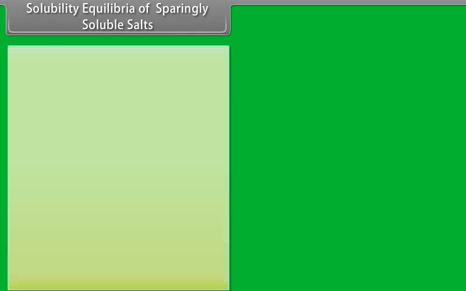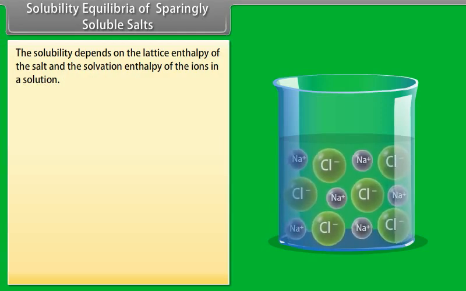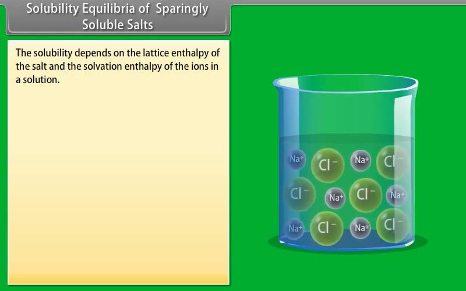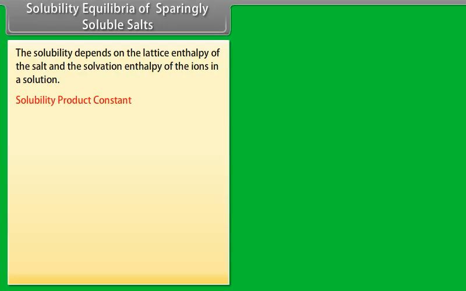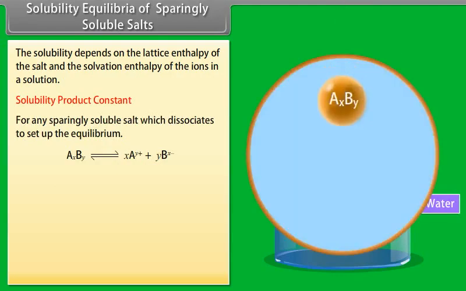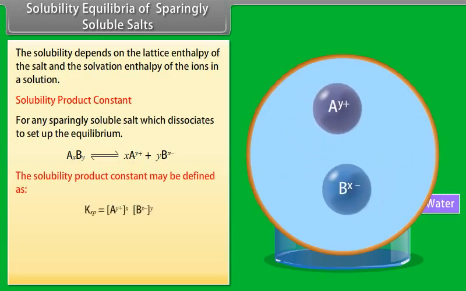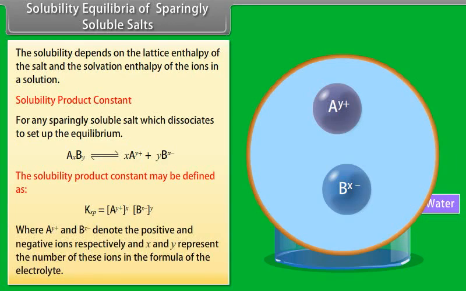Solubility equilibria of sparingly soluble salts. The solubility depends on the lattice enthalpy of the salt and the solvation enthalpy of the ions in a solution. Solubility product constant. For any sparingly soluble salt which dissociates to set up the equilibrium, the solubility product constant may be defined as concentration of A^y+ raised to the power x into concentration of B^x− raised to the power y,